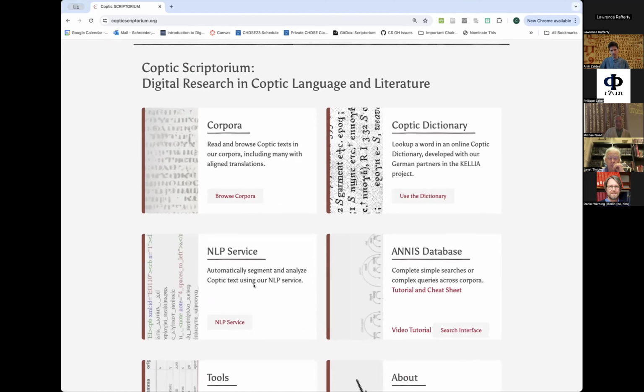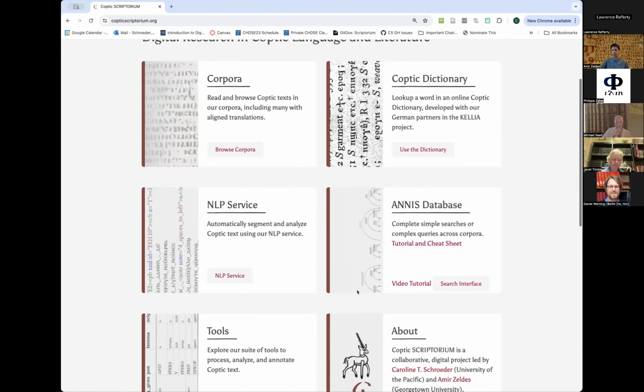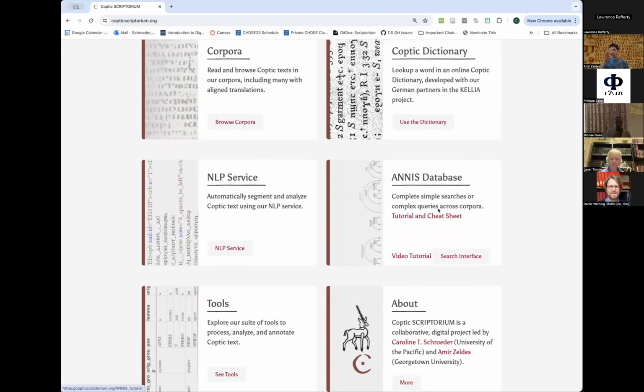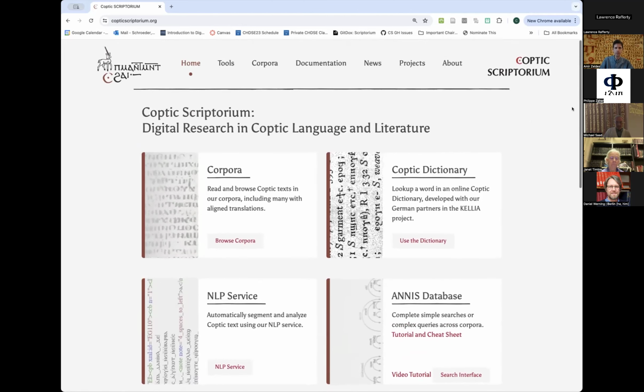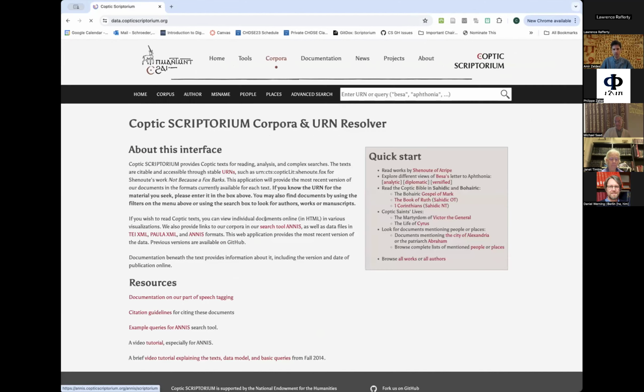And then we also have tools that will analyze Coptic text. You're welcome to check that out later. And our focus today is going to be on the ANNIS database and how to do both simple and complex searches across the digital text and all the annotations we have of texts. So quickly before we do that, I just want to show for folks who don't know, this is not going to be the focus, but I just want to spend a couple minutes on this application that allows you to